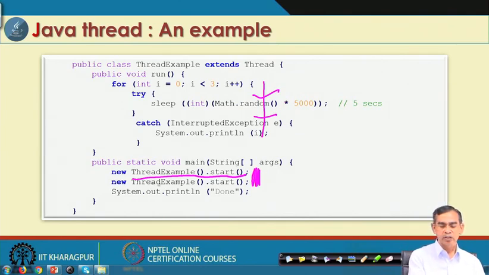This will give an idea that the threads are running and invoking the sleep method, that means the thread is going to sleep. Basically, for the thread that we have created, we are sending a method to control or change its state from running to waiting state, or blocking state, whatever it is.